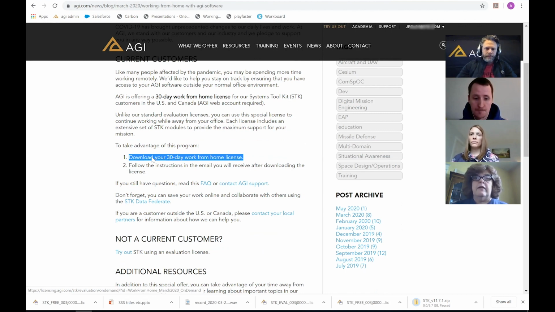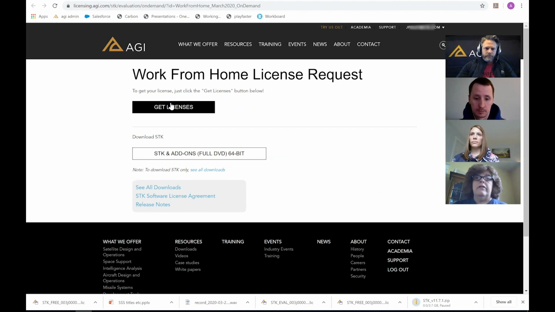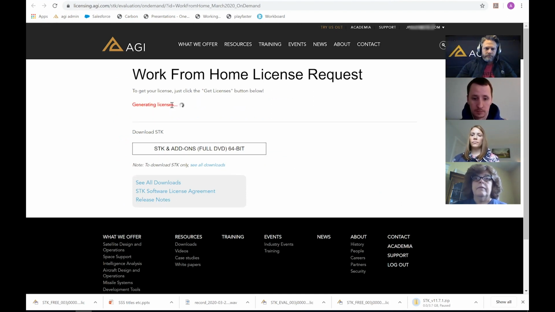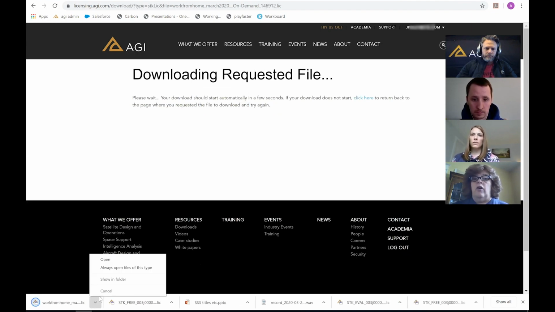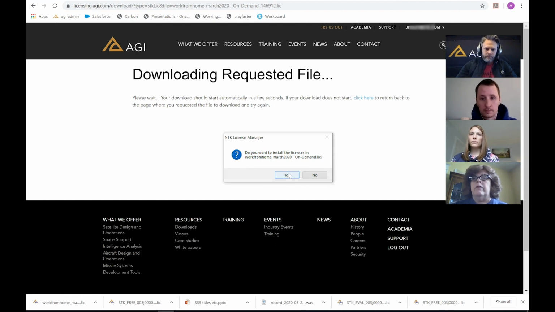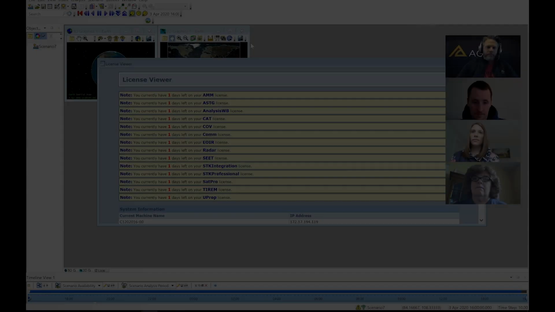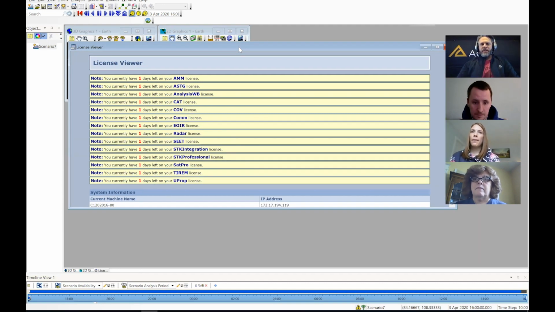So if you click that link and get licensed. Again, this will be a text file that ends in the .lic extension, always needs to have the .lic extension. Again, he's just double clicking it and it's asking if you want to install it, which we're going to say yes. All right, so we just restarted STK to get those licenses to take, and you can see now here,